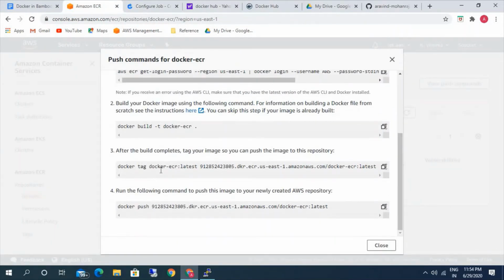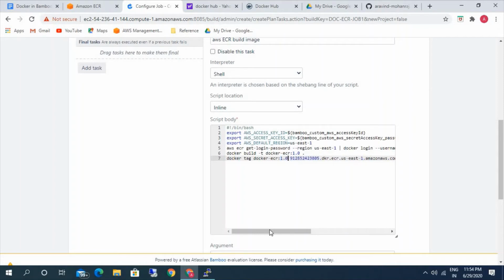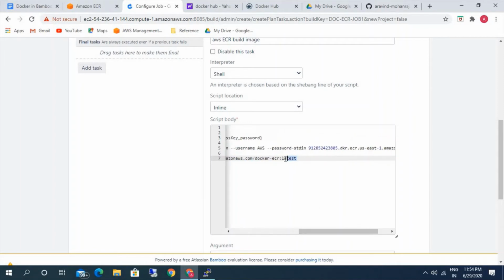Then we're going to tag the Docker image that was created to this. The latest is nothing but 1.0, so we will give 1.0 here and here as well.